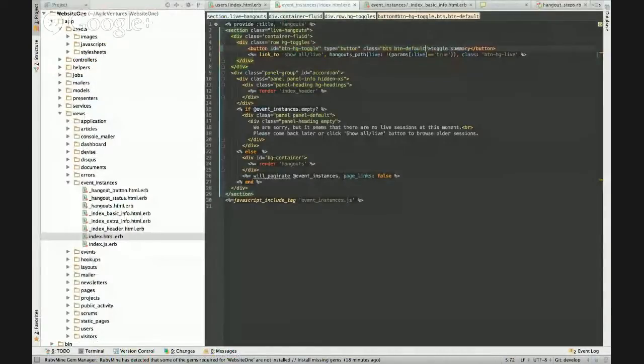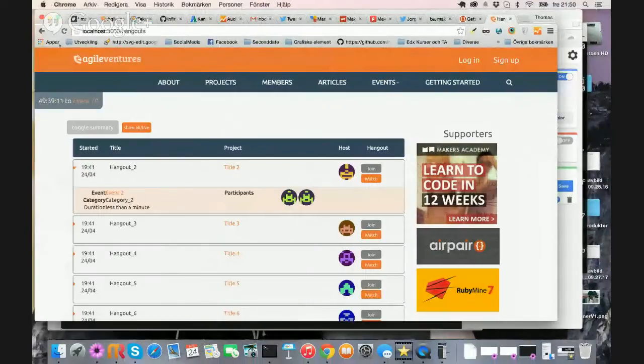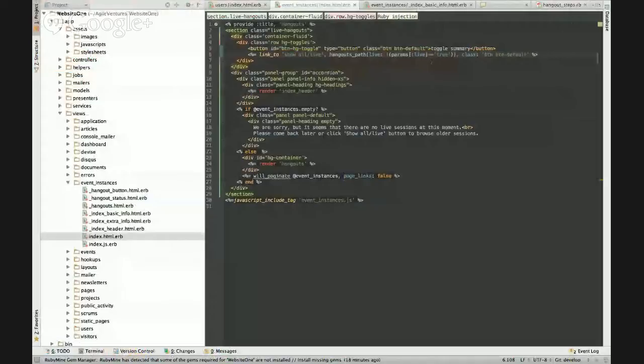So I like those buttons to be default buttons. Okay, so let me just see how it looks. Yeah, and also toggle summary and then show all live.